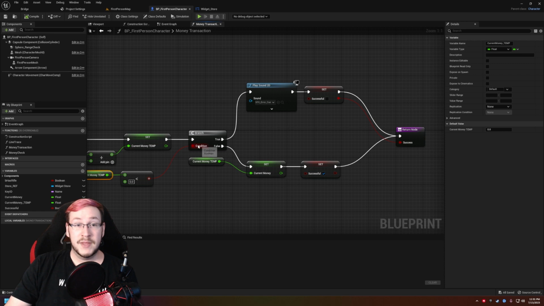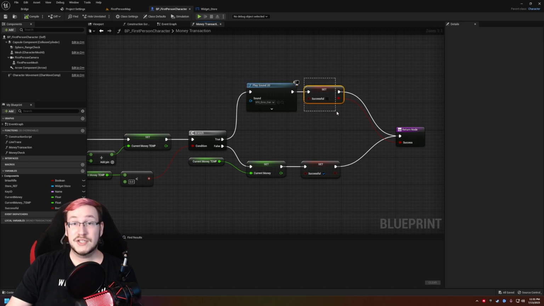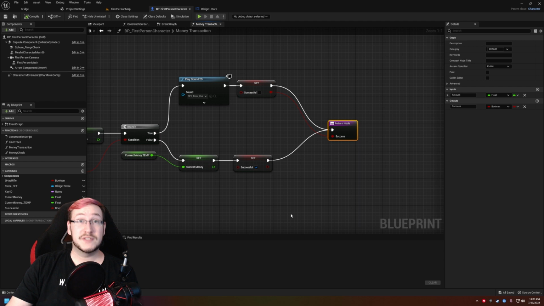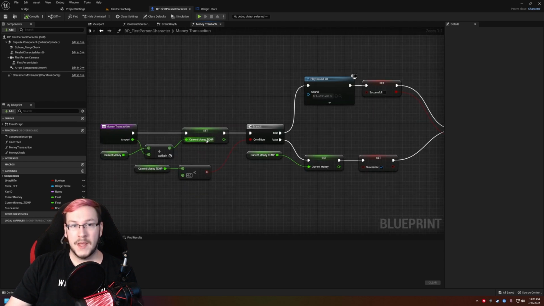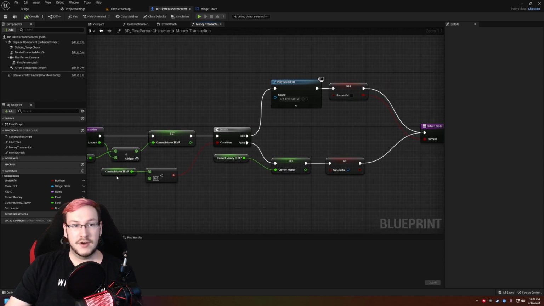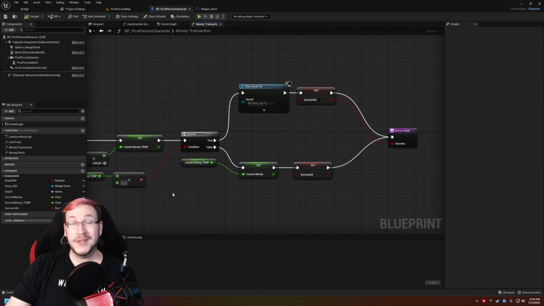Because you'll see here, if current money temp is less than 0, then we're gonna play an error noise and we're gonna make sure that we set successful to false and return that success was false. Because remember, current money temp is current money plus the amount, which could be a negative number. Meaning, if current money temp is less than 0, we didn't have enough money, so we're gonna make sure that